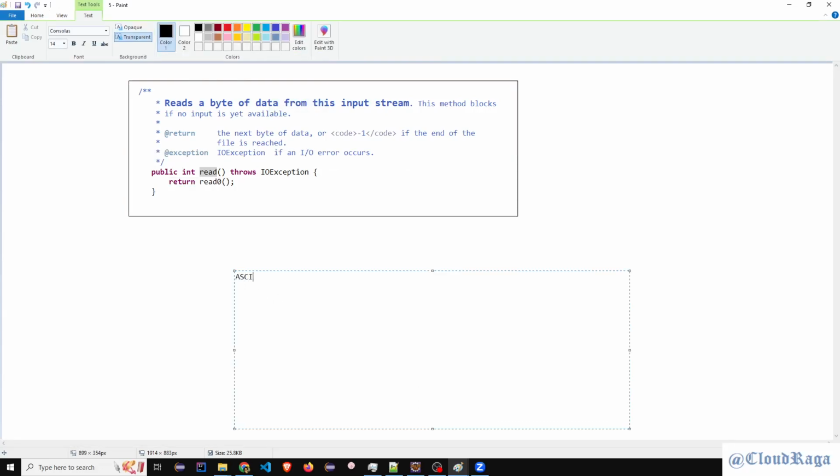We have an international standard for the characters we are using. For ABCD, 1 to 3, the characters we are using, even a space has a character code. So we have ASCII codes. For capital A, they have given 65. For small a, it is 97, I guess. We'll check that.